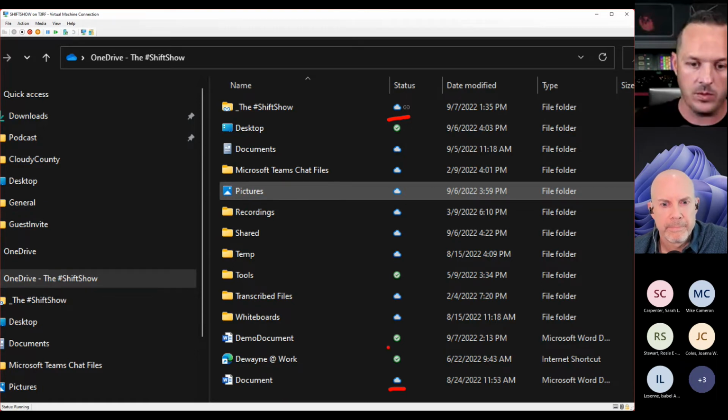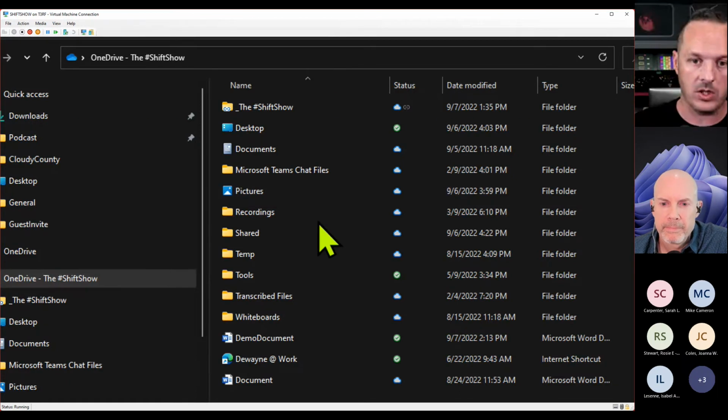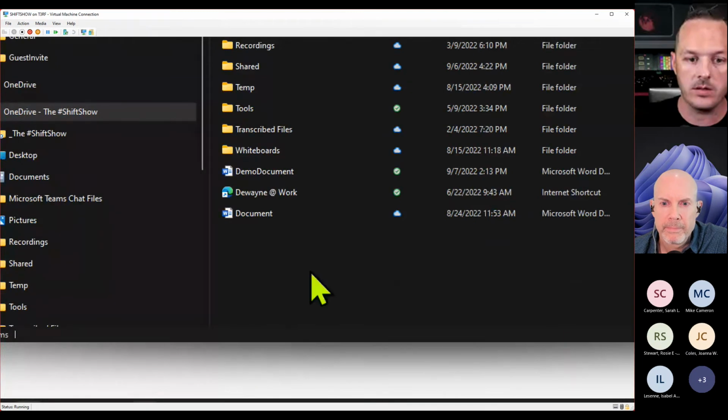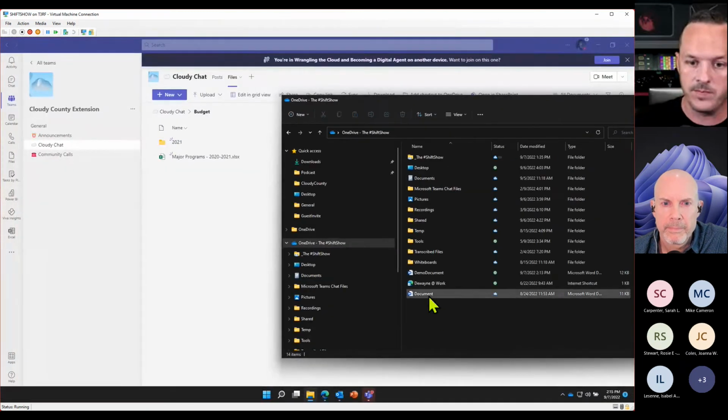Versus that document that we just created, it has a little green check mark on it, which means that file, however big it is, is actually on the hard drive of my computer, and any changes that I make to it are going to synchronize up to the cloud. So if we go back out here, let me zoom out again. If I right click on this file called document,